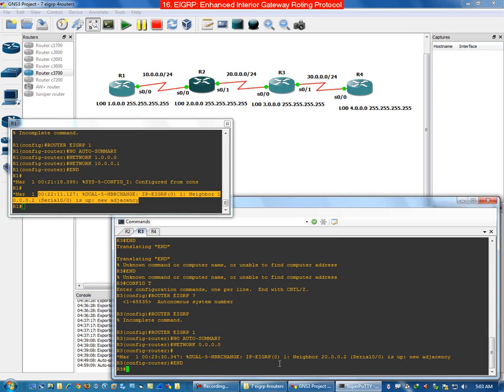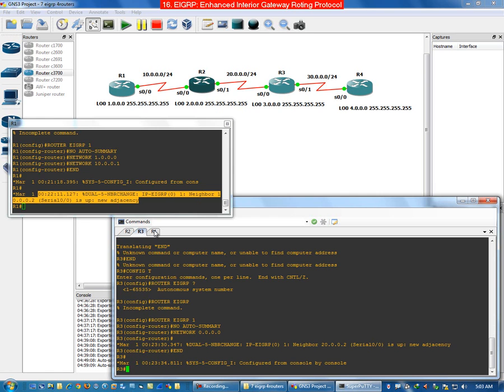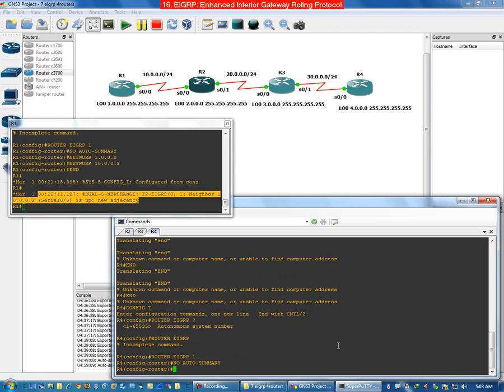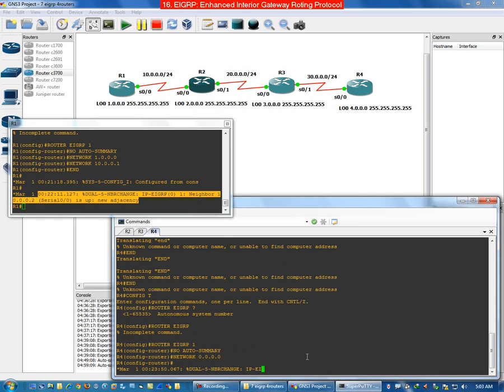And similarly go for this one also. Network 0.0.0.0, and